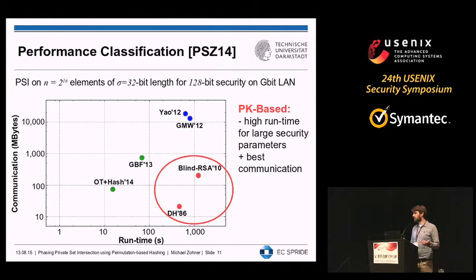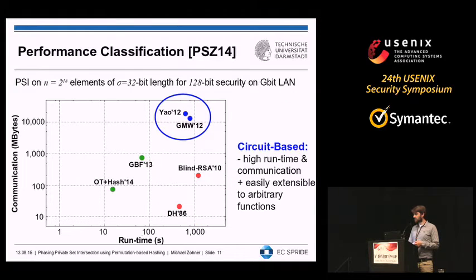So for the public key-based primitives, they really have low communication. Since they only send a few ciphertexts per element, they're really quite communication efficient. However, they have a large runtime because they use one public key operation per element in a set, which takes a long time. The generic secure computation-based techniques both have a high runtime and high communication, which is simply due to the fact that they have to evaluate a Boolean circuit for them,